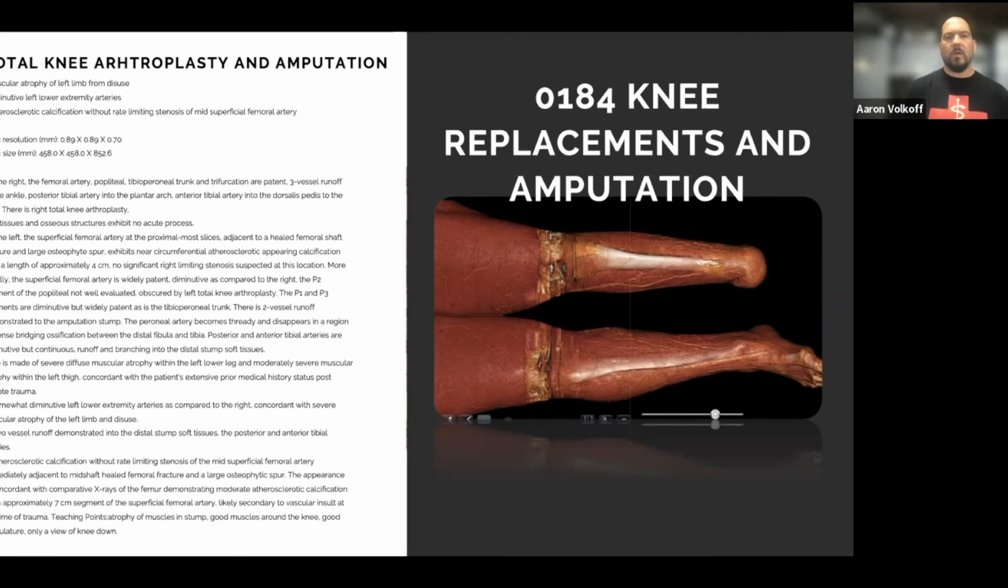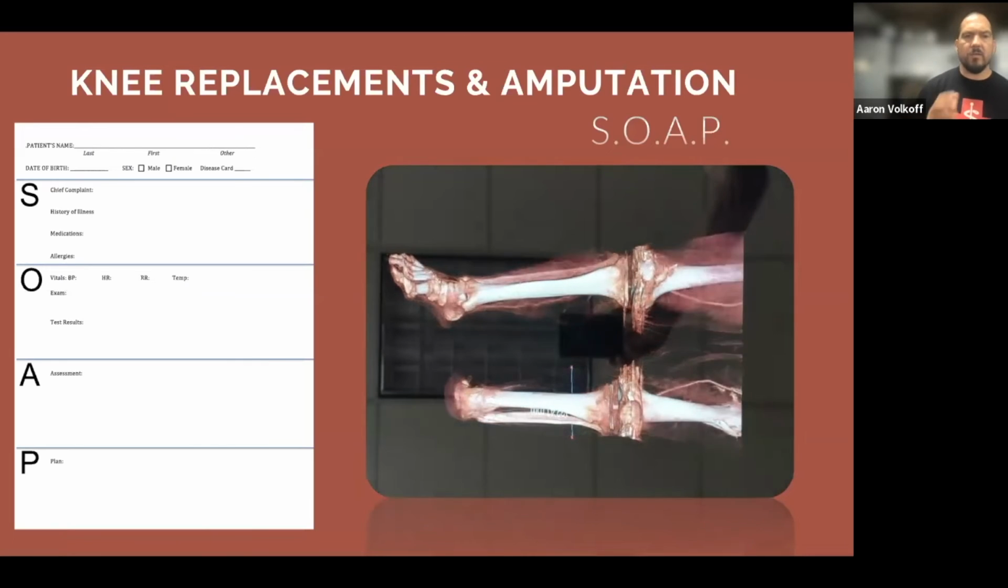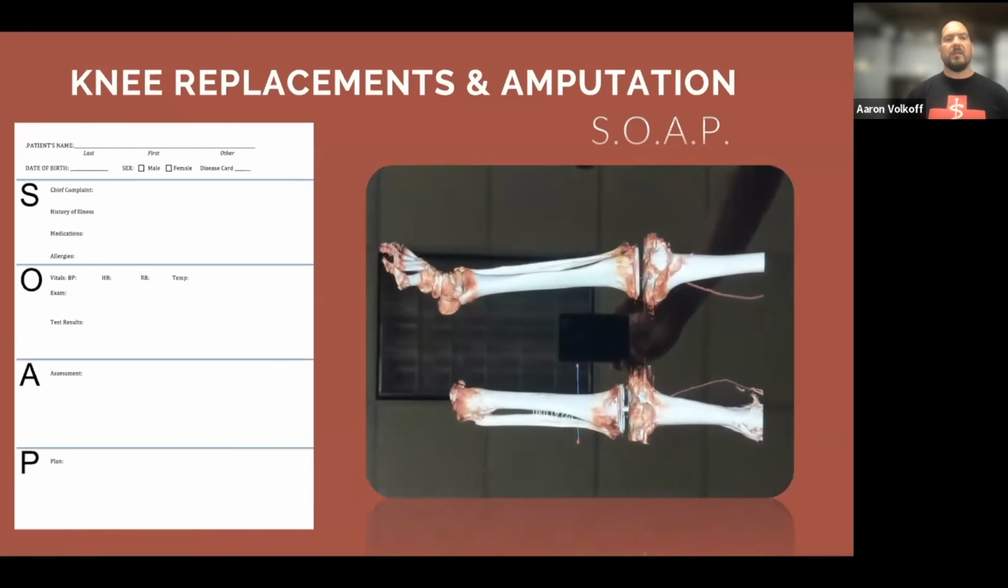So that's the report. And again, when you go to the case library, some of them might not have a report. Well, that's just because Anatomage isn't going to write the report. There wasn't a report provided when they received the scan. So one thing my students do, one way I have them do it, is the SOAP note: subjective, objective, assessment and